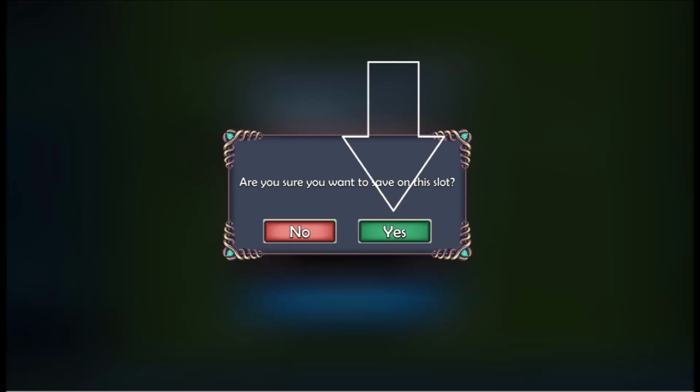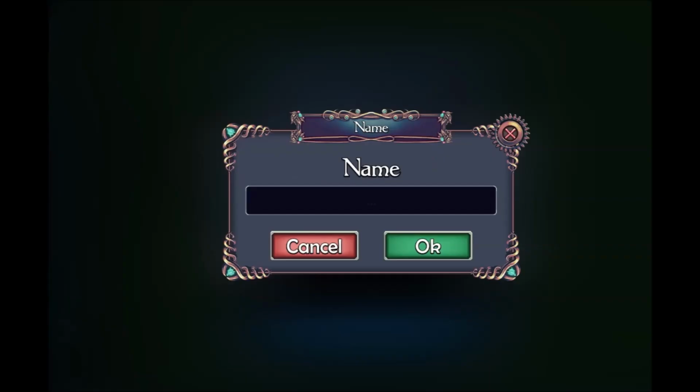But if you get like me and you have like 20 army lists in there, it wants to ask you that, so to make sure that you're not going to overwrite one. The next thing it's going to do is ask you to name the army. It's important sometimes to give it some sort of descriptive name. Like I said, if you have 10 or 20 armies on here and you forget which one's which,